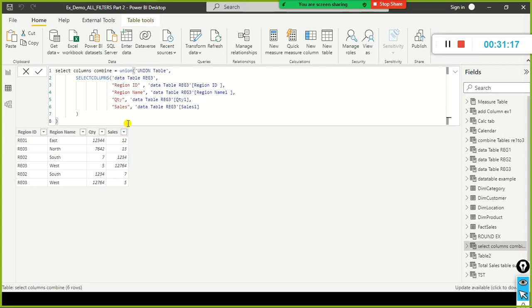Now with this, we are able to understand how to create a data table using the DataTable function, how to perform union, and how to use select columns. Fine. Next one is